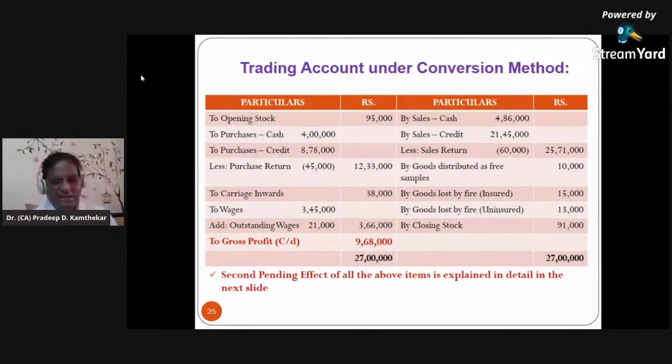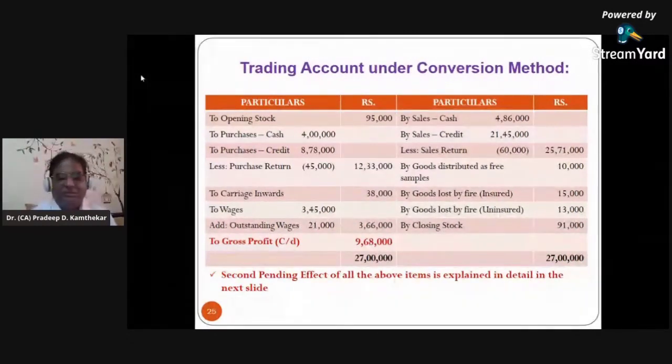How is it shown? Understand. Here we are having on the credit side goods lost by fire. So the debit effect is pending, and the debit effect is given on the asset side, because the asset side of the balance sheet has debit items, and those items which are shown on the asset side by way of deduction are credit items. So here goods lost by fire is shown on the credit side of trading account, but for that the insurance claim is accepted by the insurance company because the goods were insured. The second effect of this will be debit, and that will come on the asset side of the closing balance sheet, as insurance claim 15,000, which you will see when you see the balance sheet.